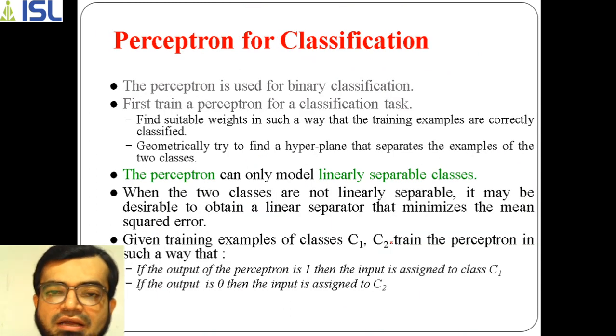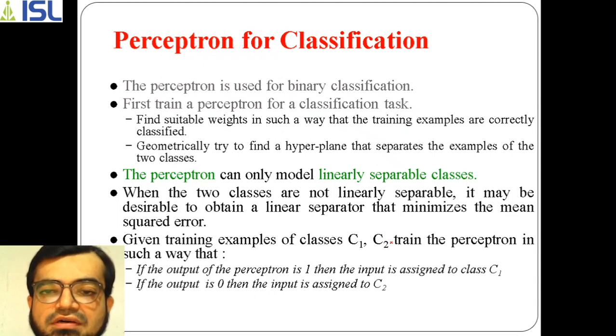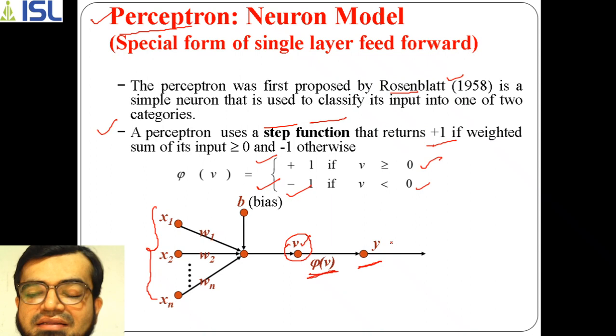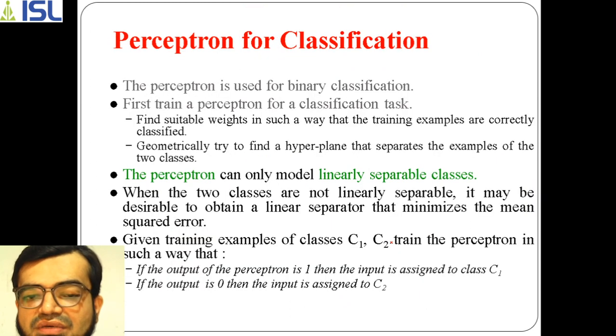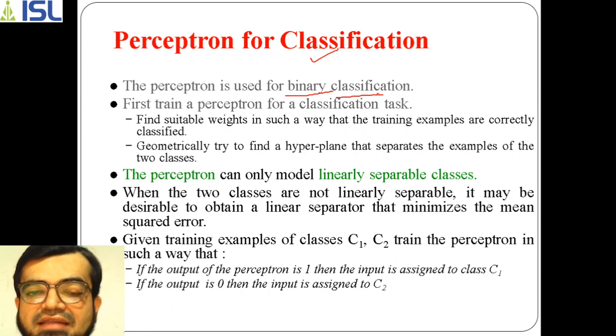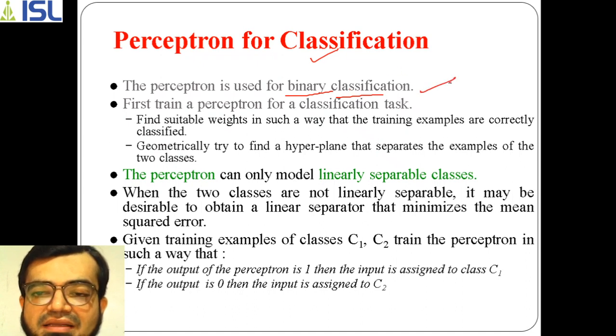Okay, so now we will see how this perceptron actually works, because we said that it classifies the output into two categories. Either the output is greater than or equal to 0, which means it gives plus 1, or else it is minus 1. So here we are taking the perceptron concept in the sense of classification. This perceptron is used for binary classification. Binary means we have only two values, I mean, you are classifying the given output in just two ways. That's why it is termed binary classification.